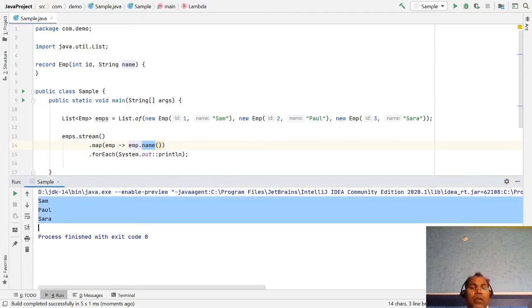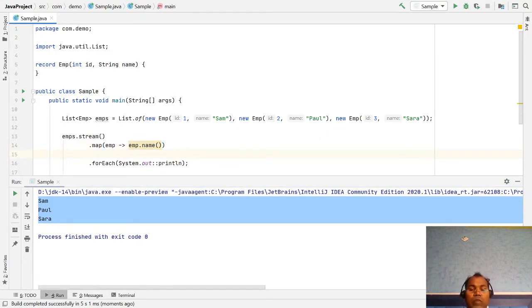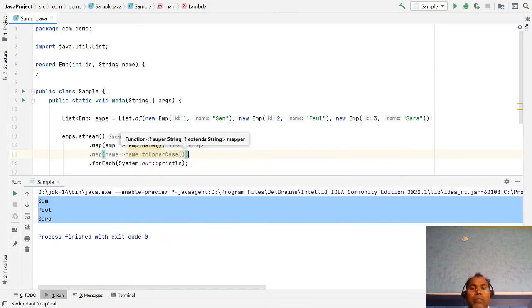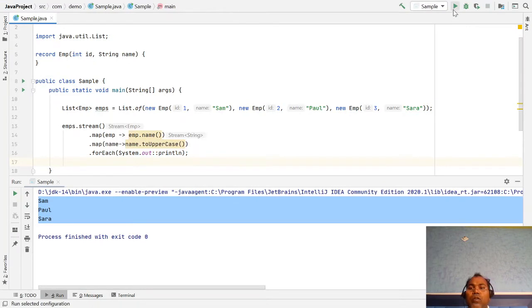If you want to convert to uppercase, then in map we have name.toUpperCase().